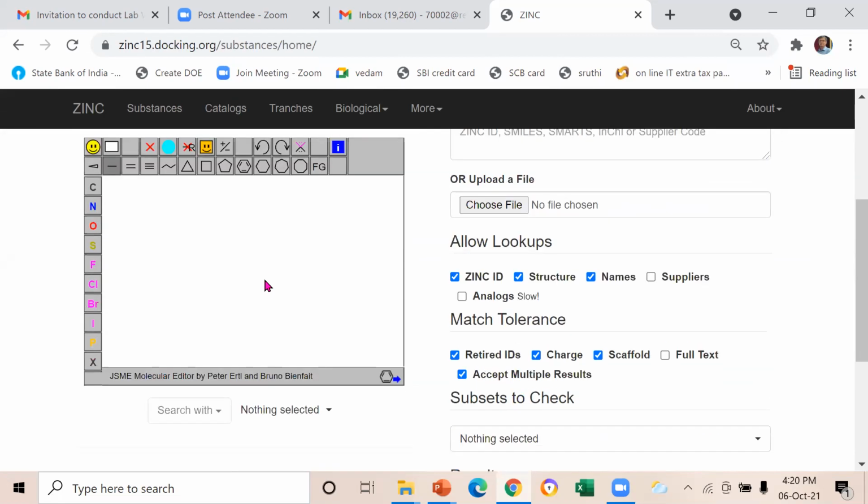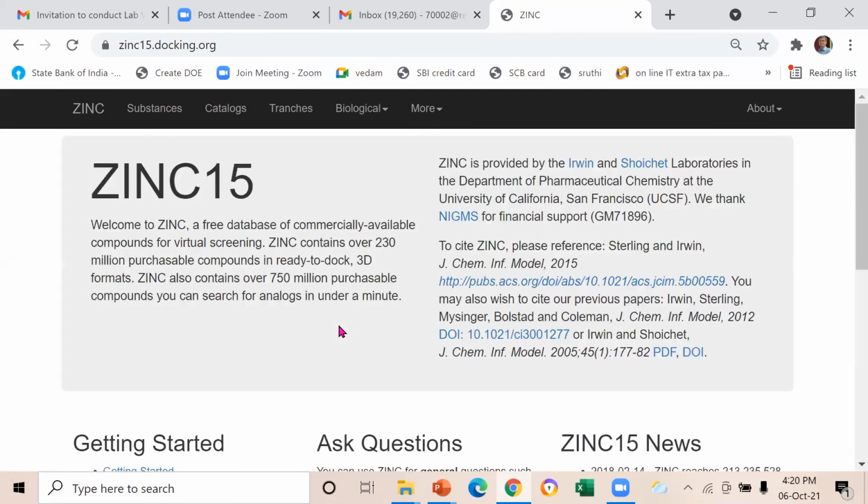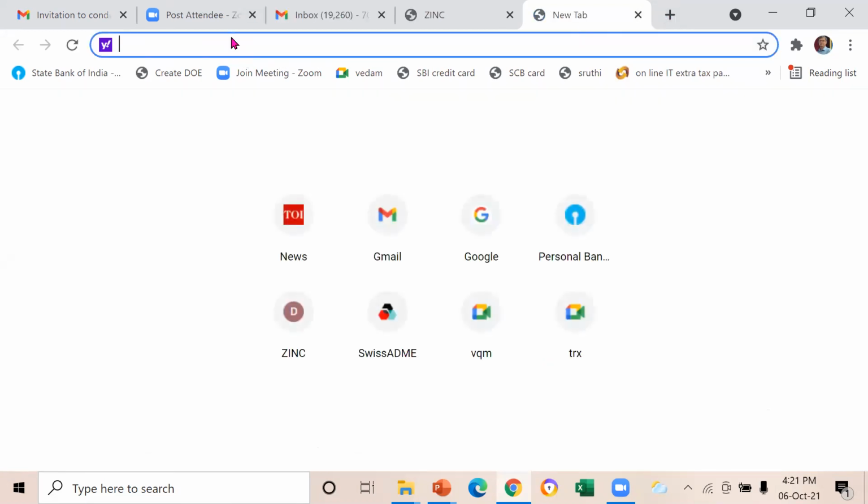Okay, these are ligands because ZINC contains 750 million molecules, and not all of them are drugs. There are only about 5,000 drugs. So it will not have a lot of properties. If you are looking only at drugs, there are databases only for drugs. Okay. So there is a database.